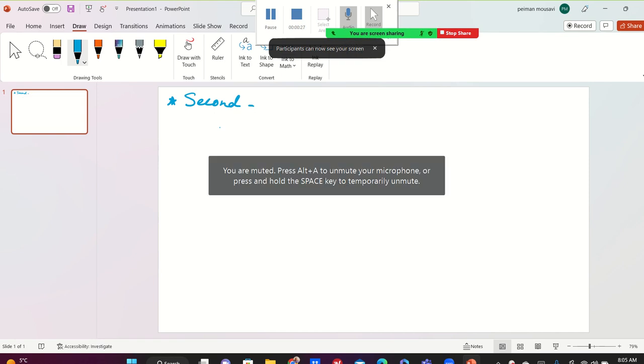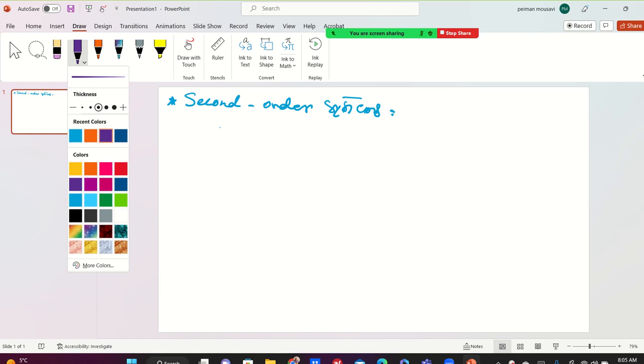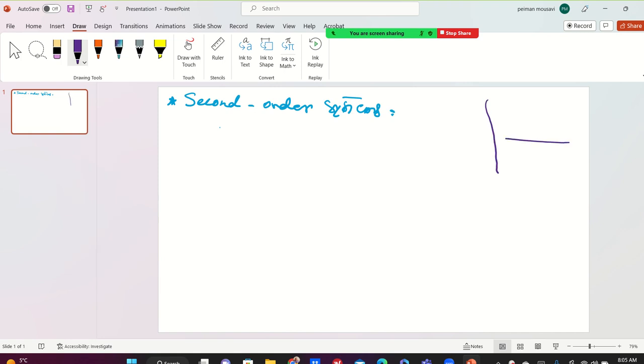So second order systems. So in the first order systems, you saw that when you have an input to the system,